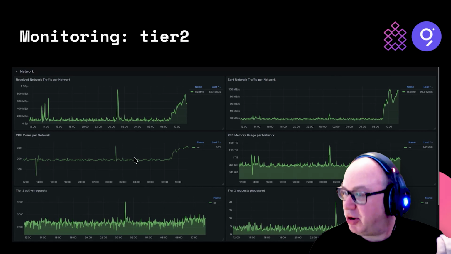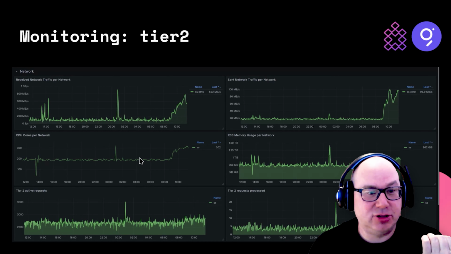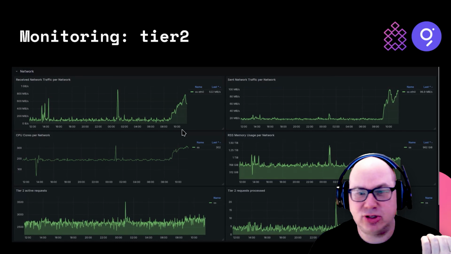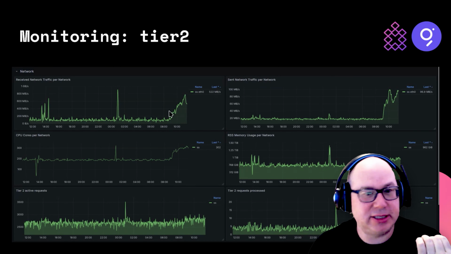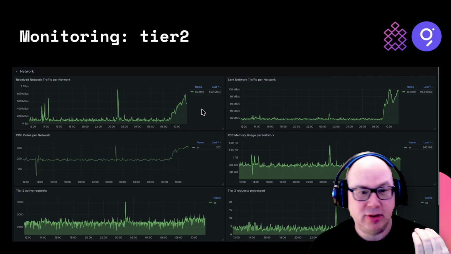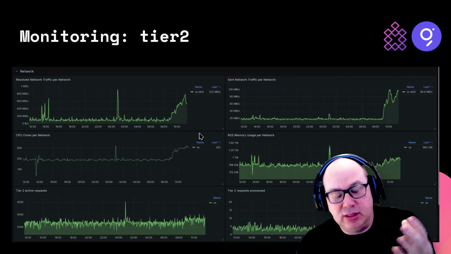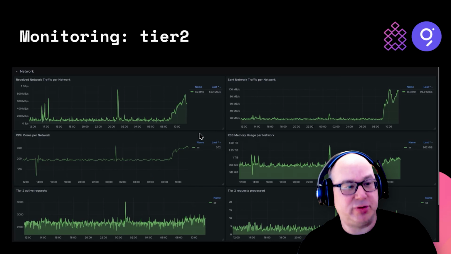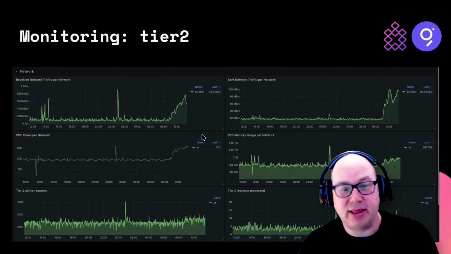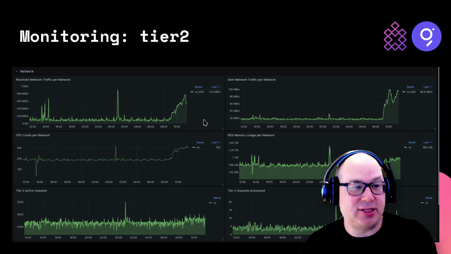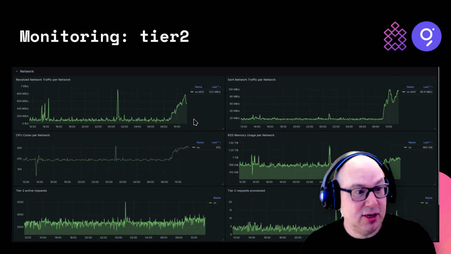Okay, so here are some monitoring slides from tier 2. For example, the first 4 charts at the top are coming from the node monitoring. I'm not using Firehose or Substreams to monitor this. This is just looking at the node exporter or the container advisor exporter that I've installed.